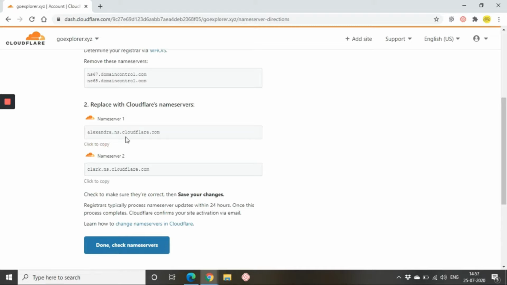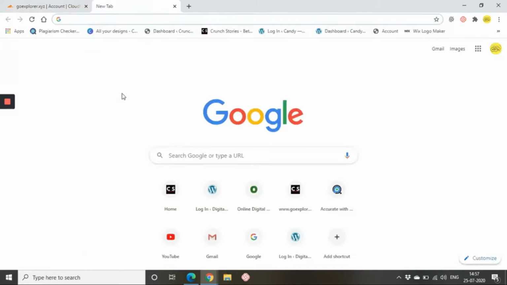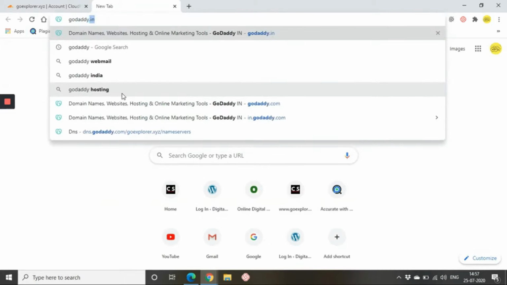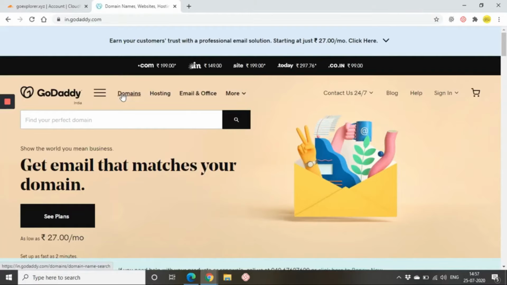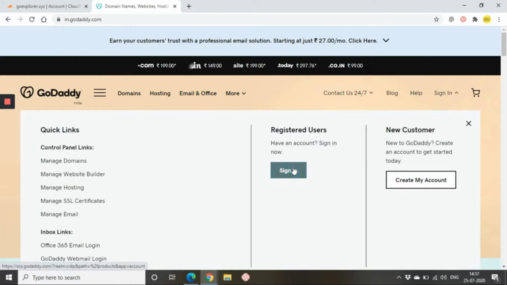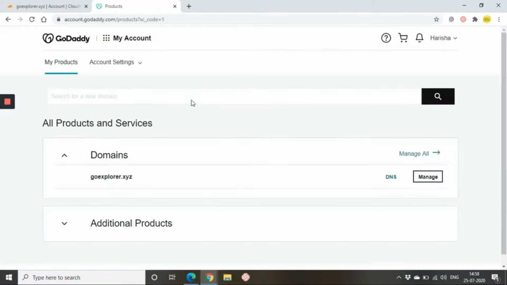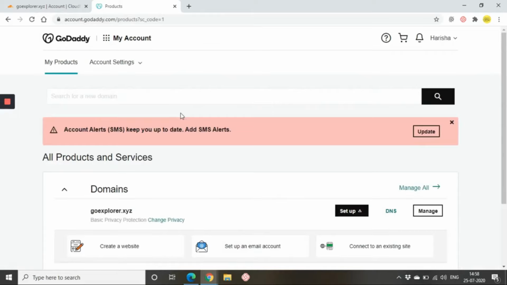So let's go to our service provider. My service provider is GoDaddy, so I'm going to GoDaddy. Please sign in with your account here. So I am signing in with my account. After you sign in, please go to My Products. There you can see all the domains or hostings you bought.